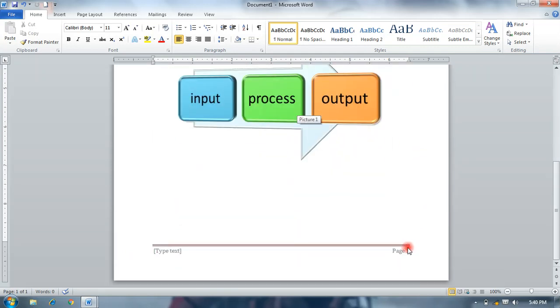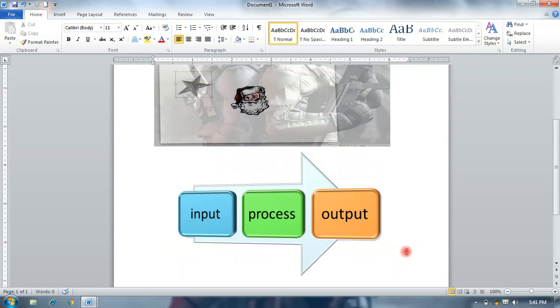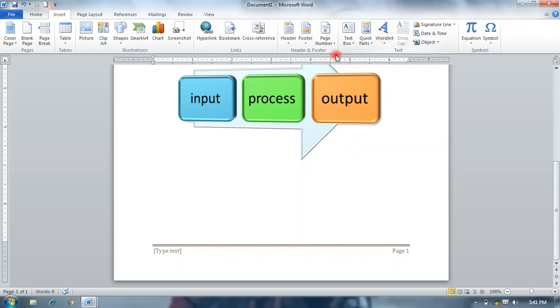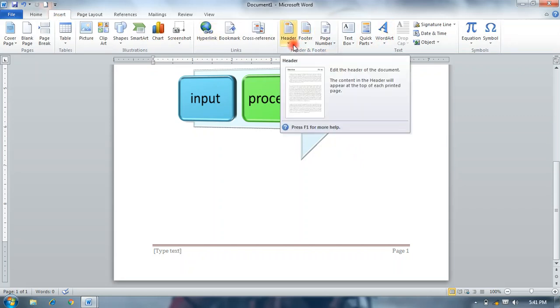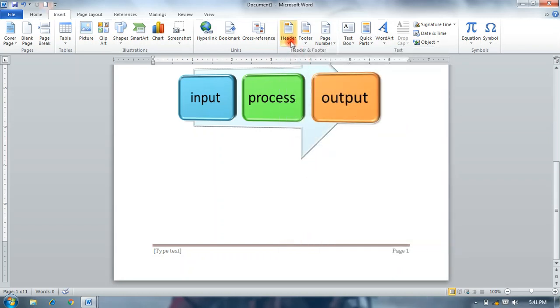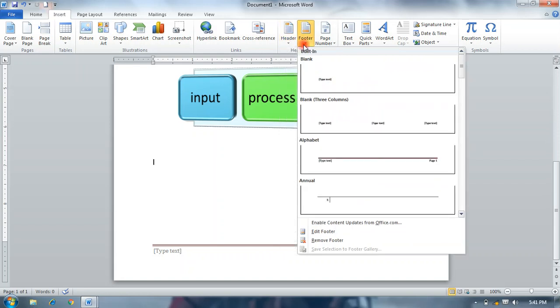When you work in the same window and put another blank page in the same project, then the header and footer is automatically applied on it. If you want to remove this header and footer, then click on header, and from here you remove header, and footer from remove footer.